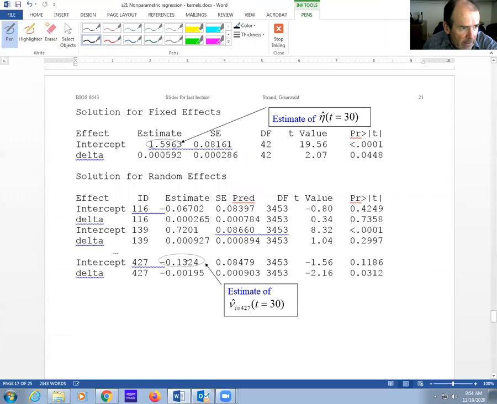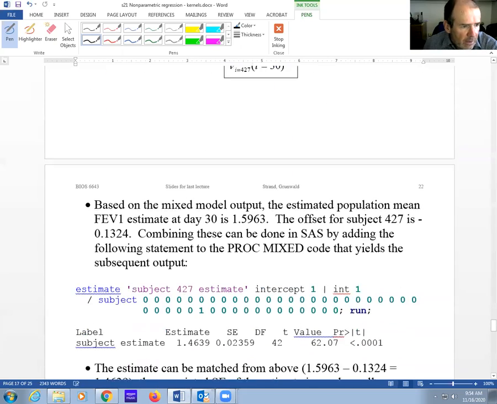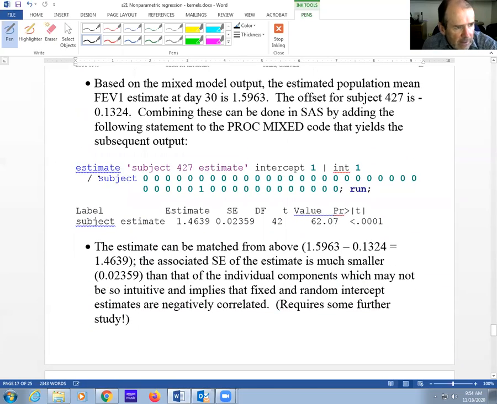So how do you combine those? You have a population average estimate, and then you have random deviation. How do we combine those? We haven't talked about this yet. If you have both fixed effects and random effects that you want to add together, you can do that in the estimate statement